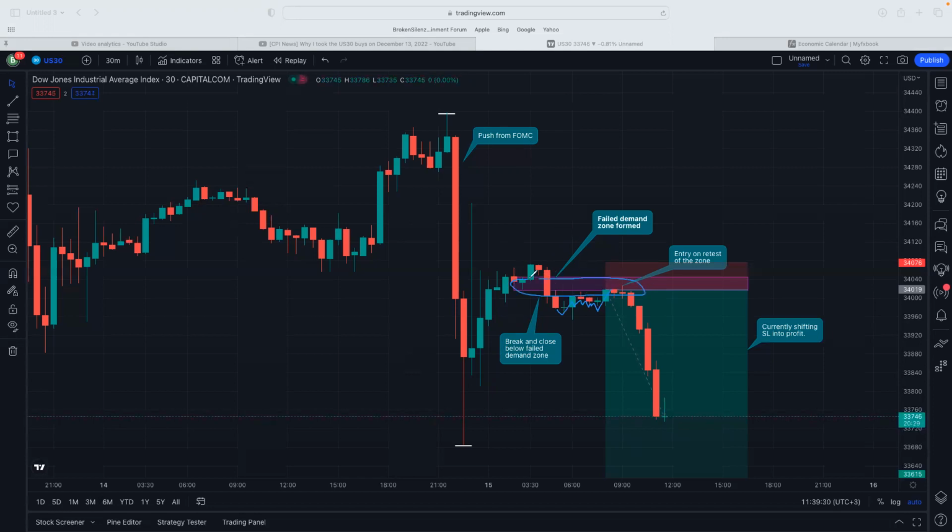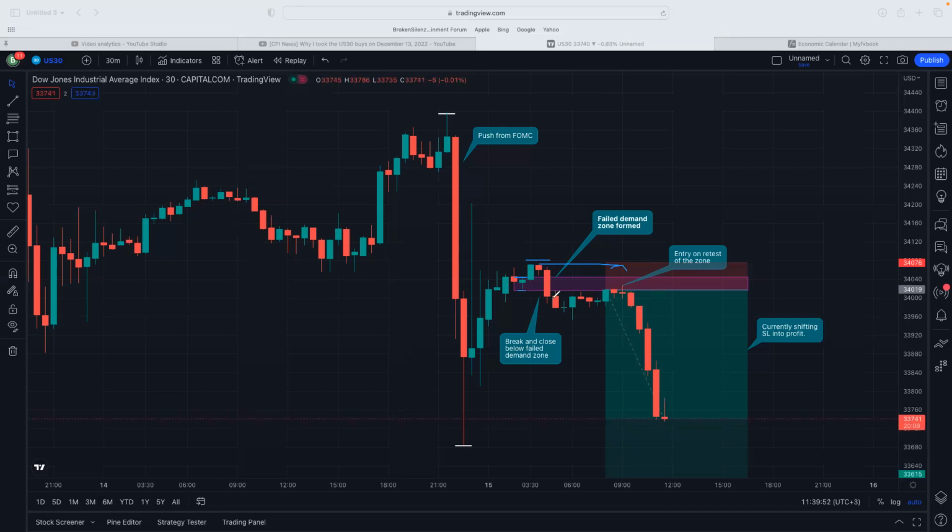Now, of course, you can see that as we were breaking this area, we did not leave behind a supply. So in that case, you just use the zone that was broken, you just use that level, and then you just place your stop loss right around this area, the highs here, because the majority of the time, price will not break above that level. And then once you start getting that, you still expect the same thing.